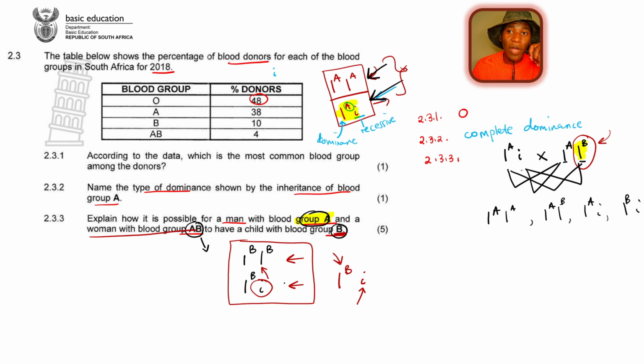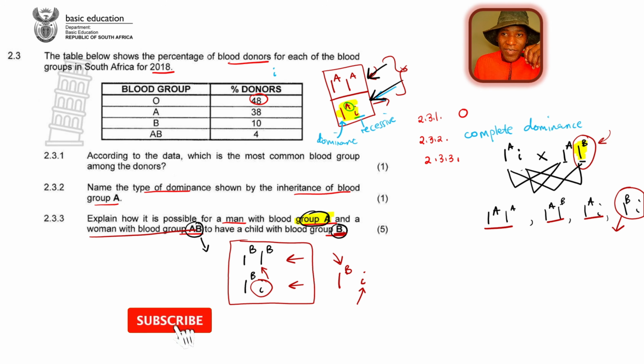Make sure that you are well informed on how to do a monohybrid cross. It is very important. You can see that the first genotype is blood group A, the second genotype is blood group AB, the third genotype is blood group A, and the fourth genotype is blood group B. So it means that the child that has got blood group B came from this genotype. You can just get 5 marks from explaining using what? Using a genetic cross. Or you can explain in words.